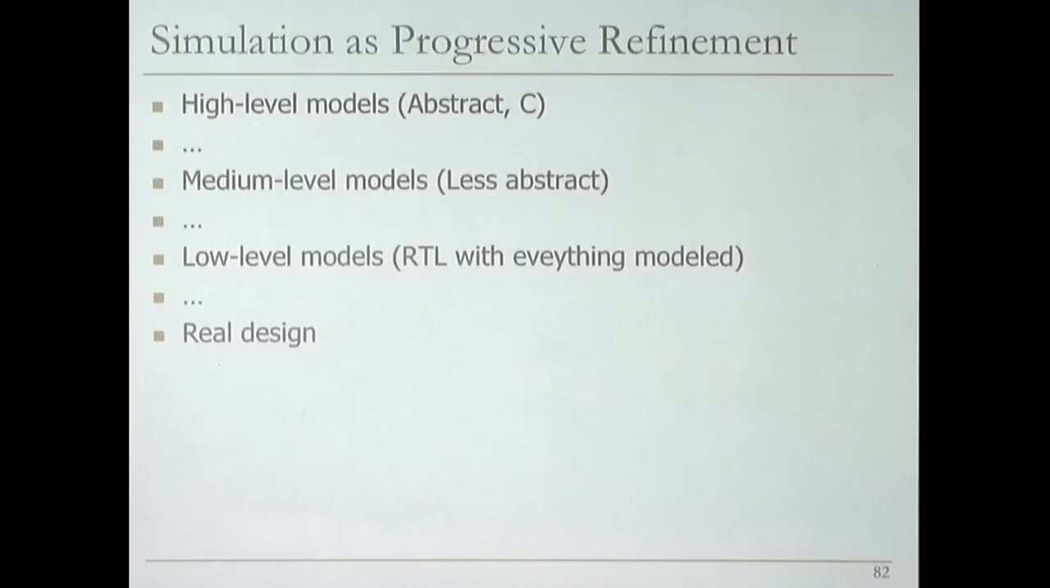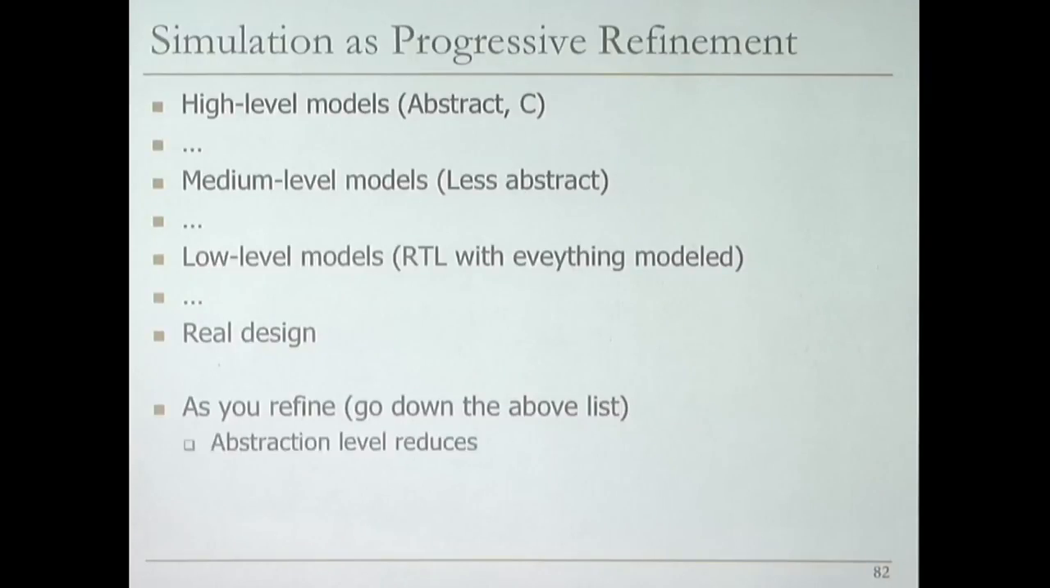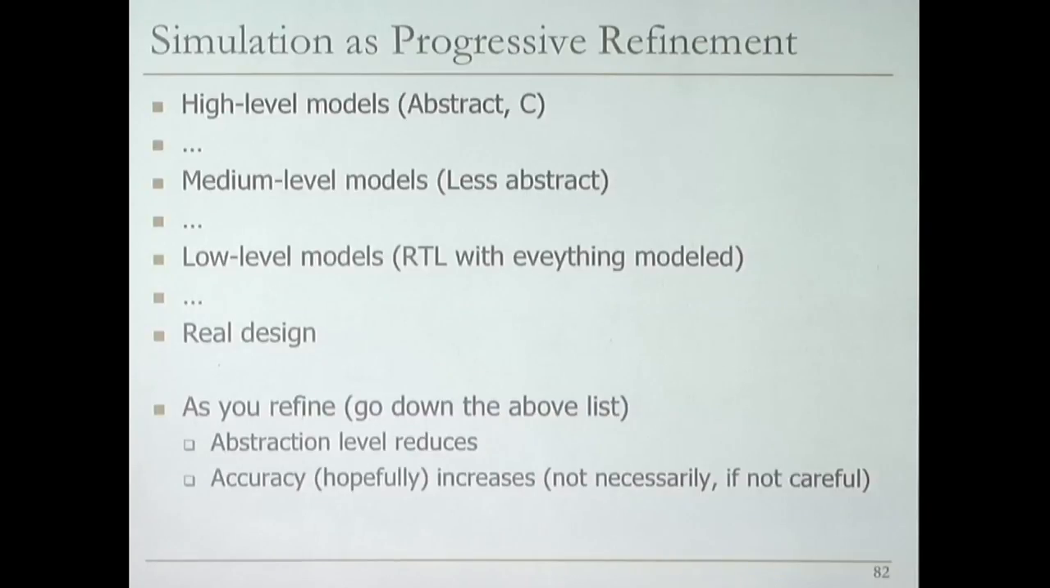You start with high-level models, and then you make some design decisions, and then you go into medium-level models, and then you make some more design decisions, and you decide to implement something more specific in the low-level model, and then you make some more design decisions, and then you design the real system after that. Because it's too costly to design many, many real designs, right? As you refine, as you go down the above list, your abstraction level reduces, and your accuracy hopefully increases, but